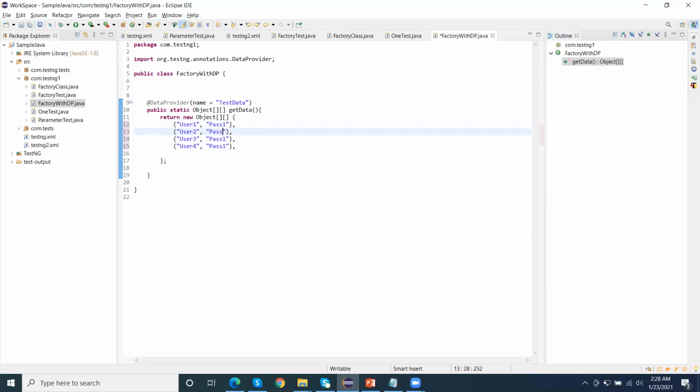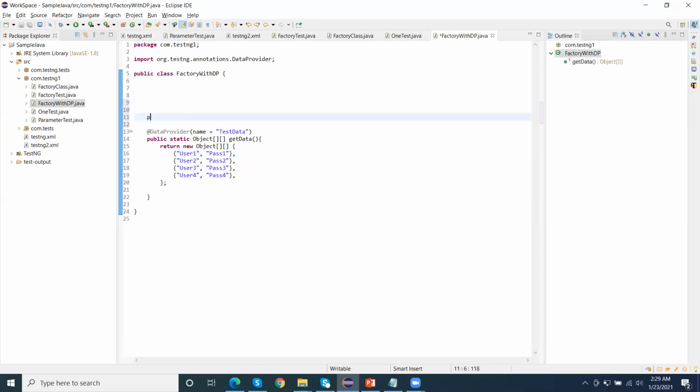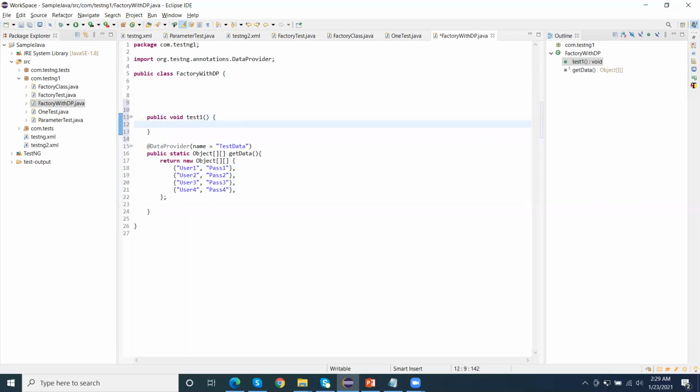We can increase the data as much as we require here. So currently I am putting only 2 sets of data. Now this is our test method, and here we need to use the username and password.